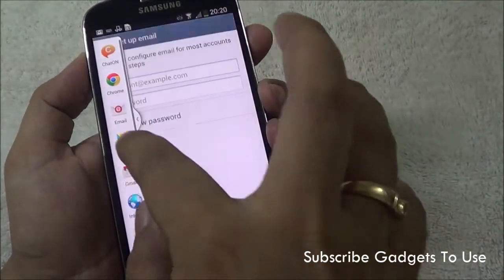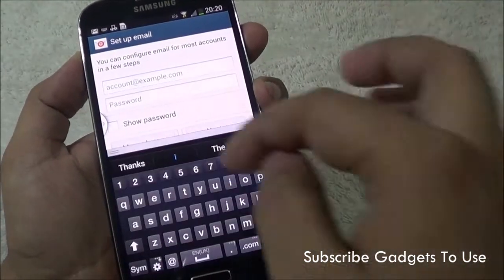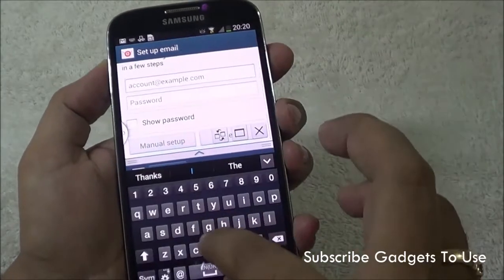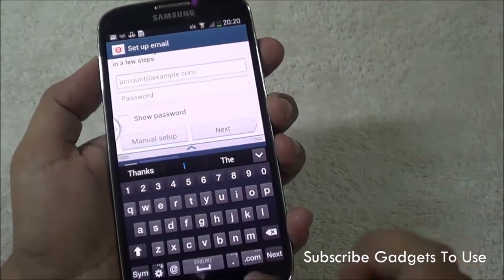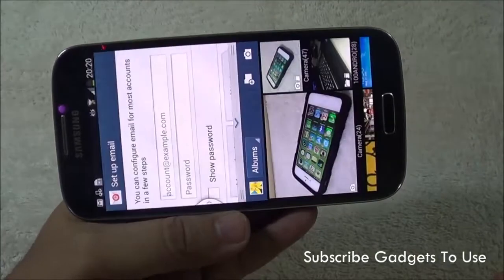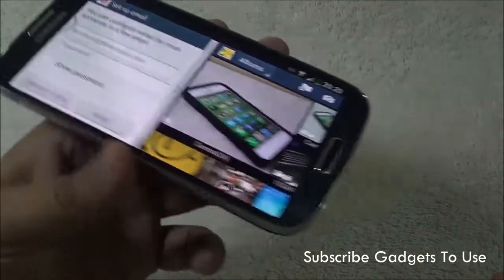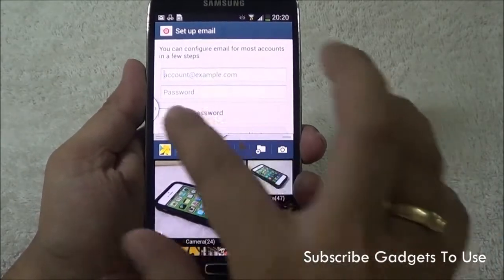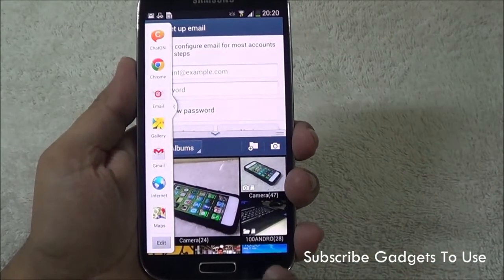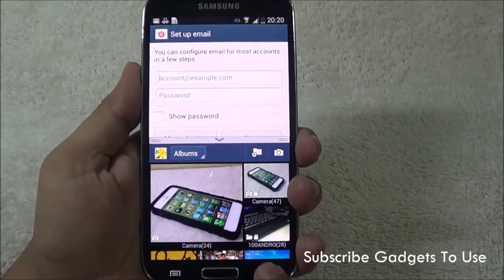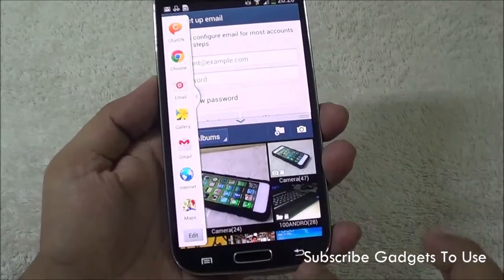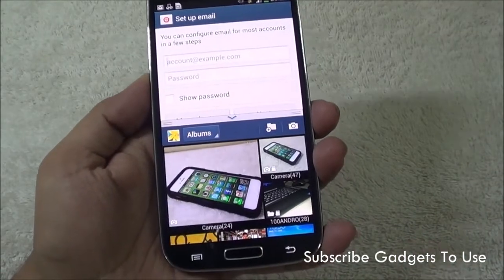So in case you want to run 2 applications in the same screen, this is how you can actually run 2 applications and keep using them. Again, this will also work in the horizontal mode, as you can see, and also in the vertical mode. So this is how you can actually enable multi-view and use this feature on this device. In case you want to hide the multi-view bar, you just need to tap and hold over the back key, and the multi-view bar will appear and disappear.